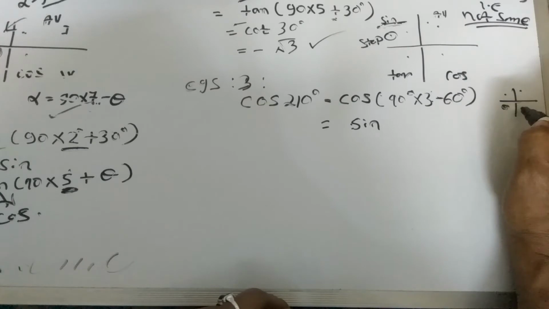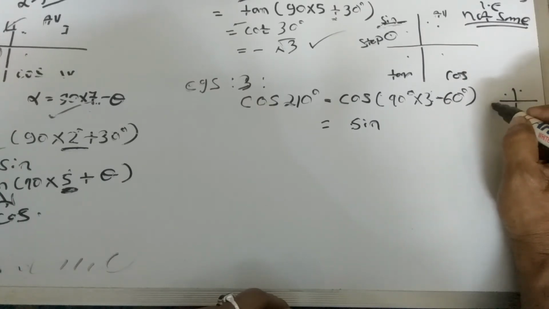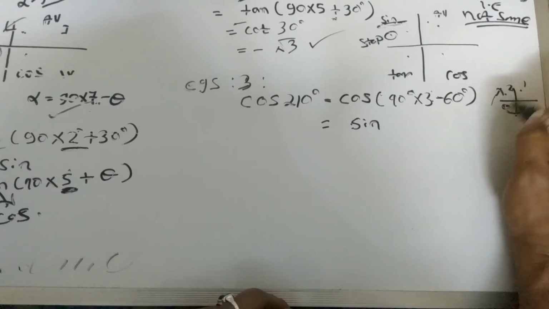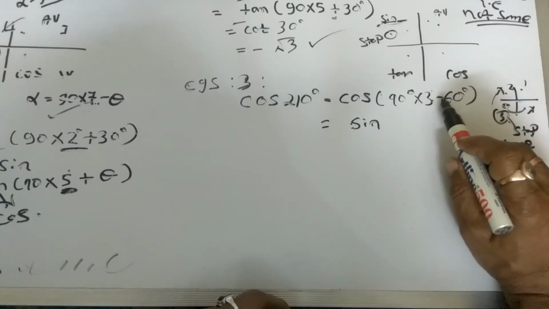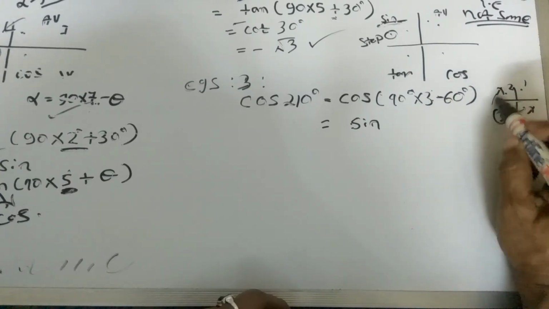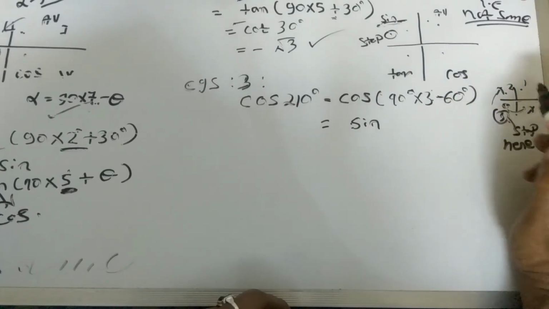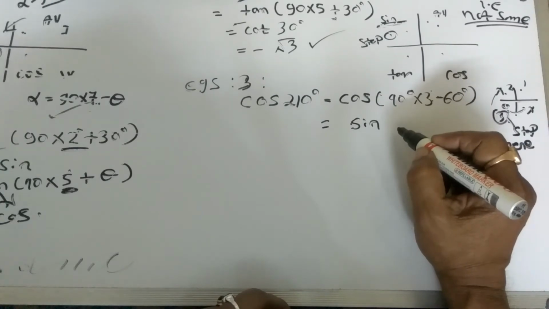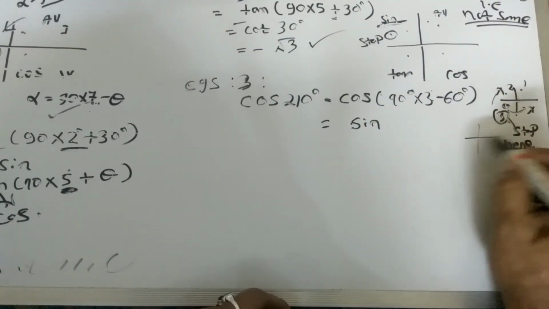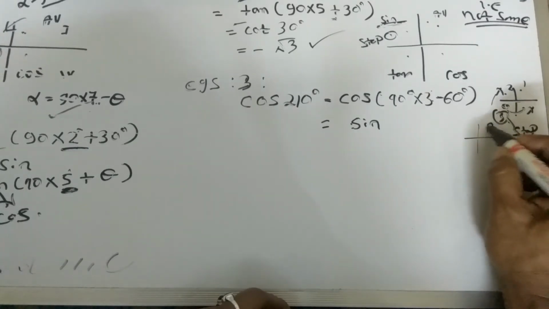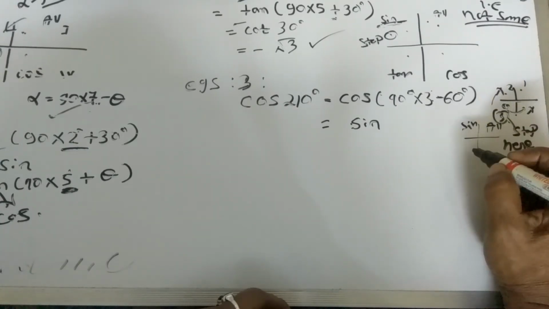Remember minus signs, that's why I am showing you these examples. So it is in the all sine tan, in the tan, but it is cos, again minus sign will be. Okay, so we stop here. Third quadrant is tan, but it is cos, so minus sign will be before sine. Because cos becomes sine, and in the third quadrant it is tan, but the sum is cos, so minus sign is put before.